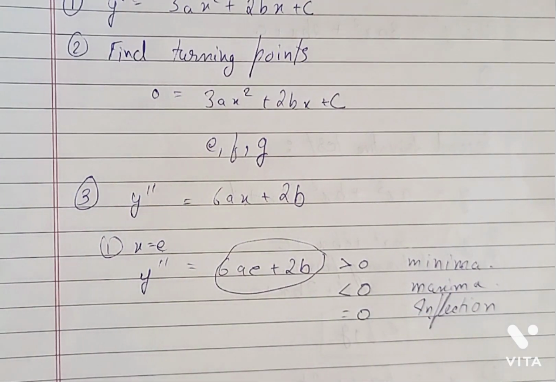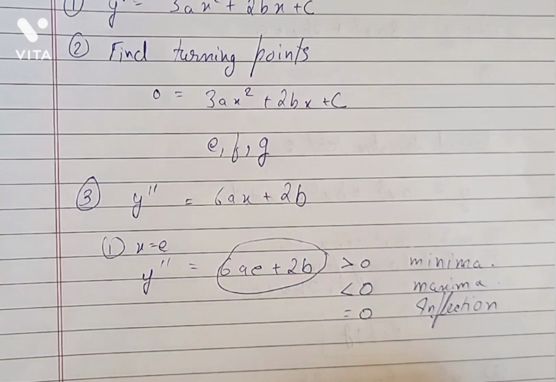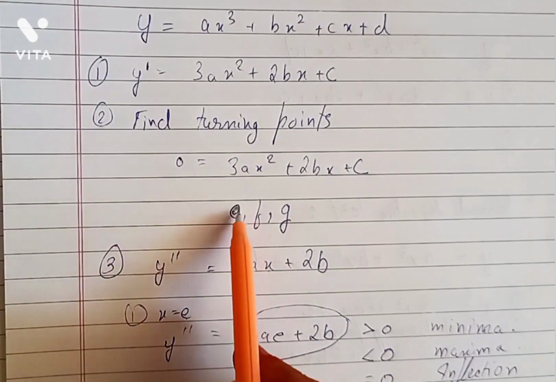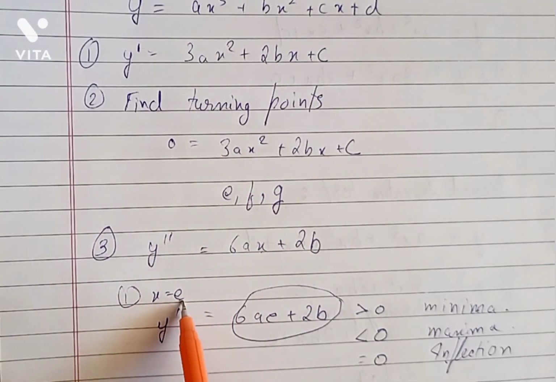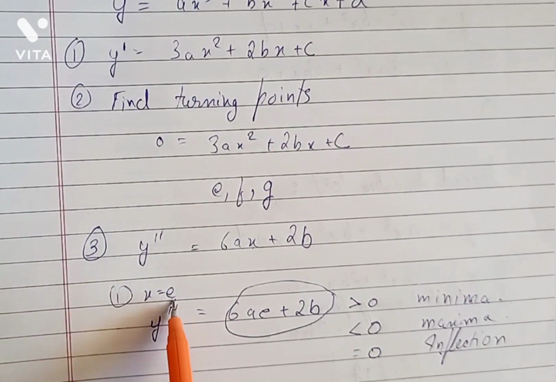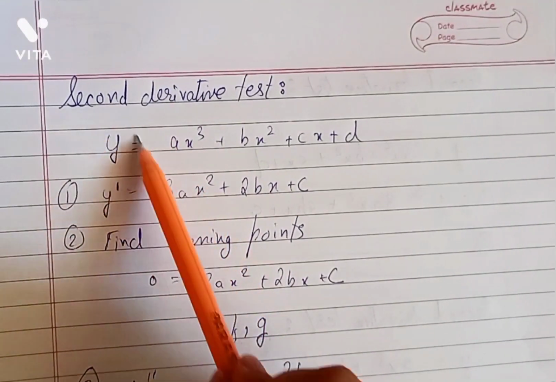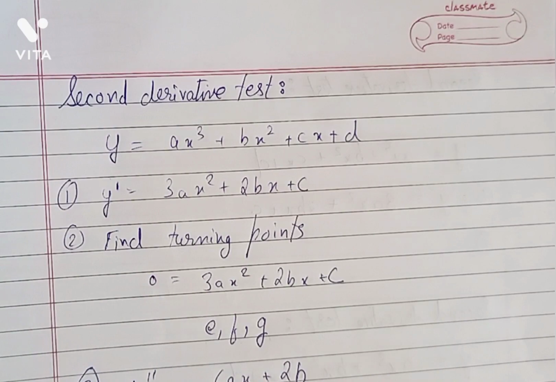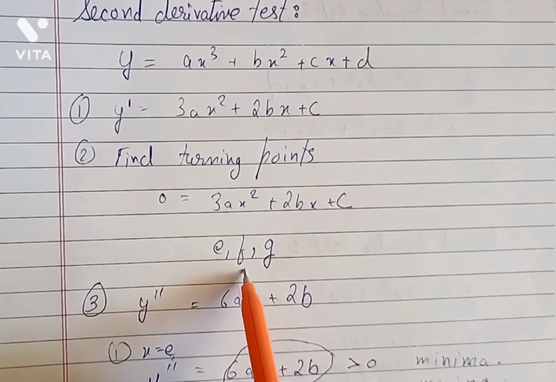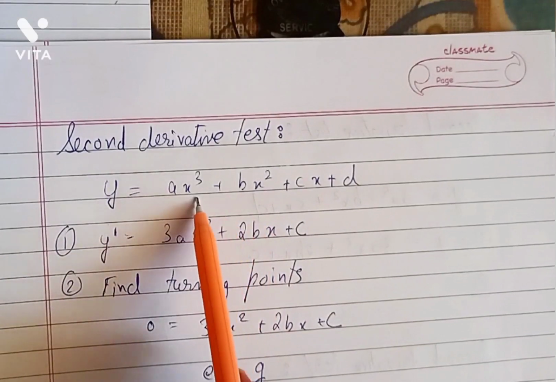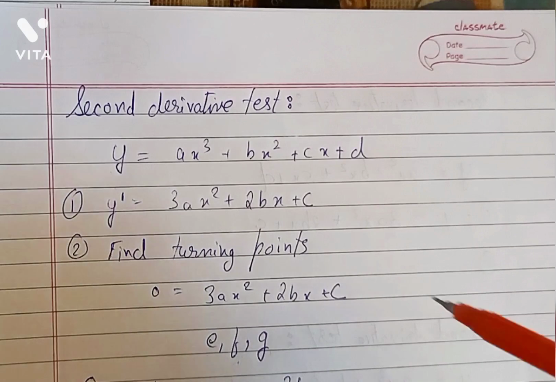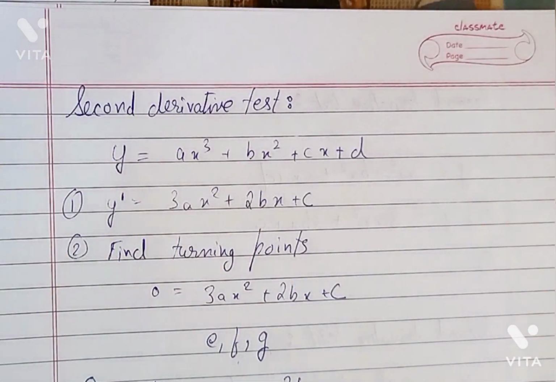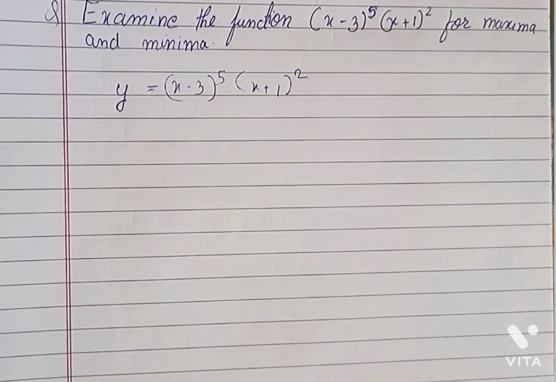Now in an exam they could ask you to find the value of maxima, minima or inflection. So what you just need to do is put this value E, F, G. If they ask you minima, I got E as minima. So if they ask you the value of minima, you will put the value of E into x and find y. So that is the value of minima. If they ask you maxima, suppose I got F as a maxima, then I'll put x equals to F in this and I'll get the value of y. That is the value of maximum. Alright, so now let's start with the questions.